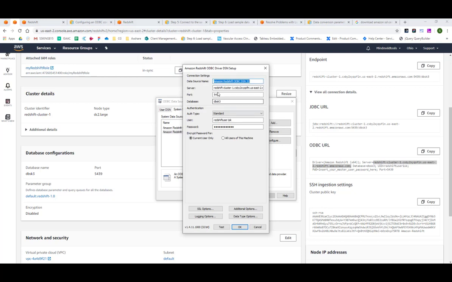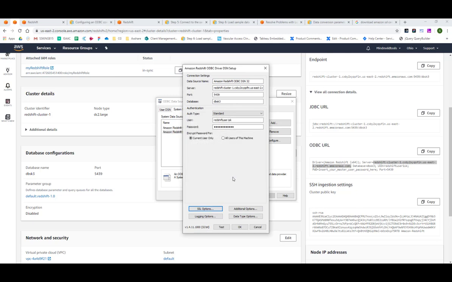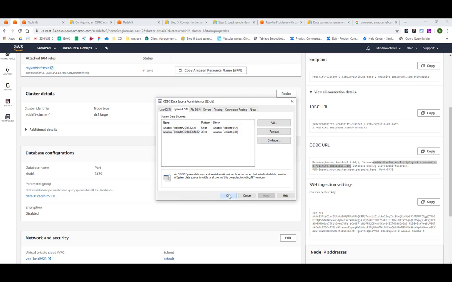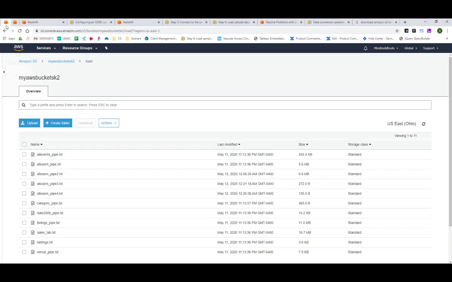And I just cranked it in here: URL, port number, database, authentication. I think I might have put an SSL cert for Amazon here. Tested it, and it successfully tested. And then once that's going, Excel has a connection to Redshift, and I just went into S3, created a bucket,